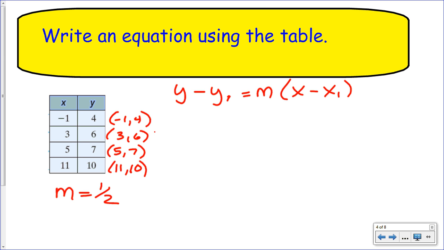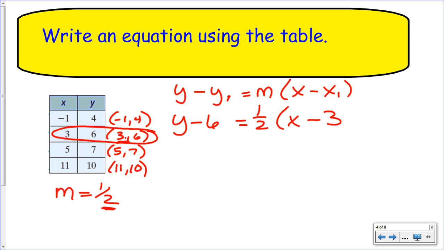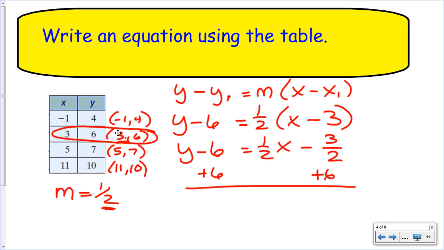I, though, am going to stick with this one because I'm noticing that my slope is a half, and I'm going to half my... Oh, not that one. Oh, they're all odds. Well, that'll work. I was hoping that would be even, but it's the x that's odd, so we'll pick that one. Y minus 6 is equal to 1/2 x minus 3. So we have y minus 6 equals 1/2 x minus 3/2. Add 6 to both sides. Y equals 1/2 x. So if I take 3/2 from 6, I'm going to get